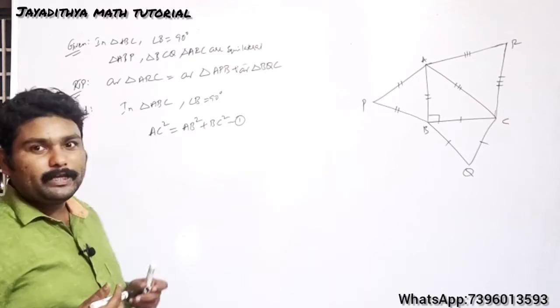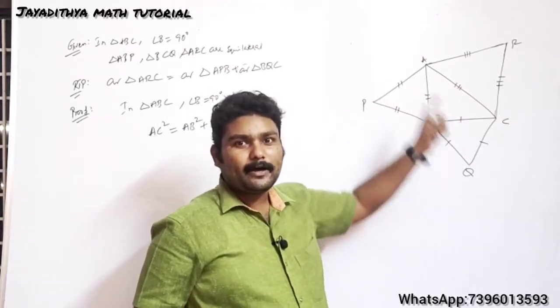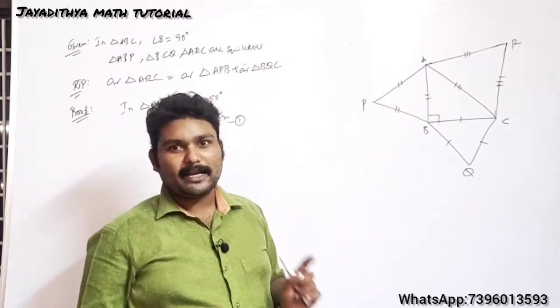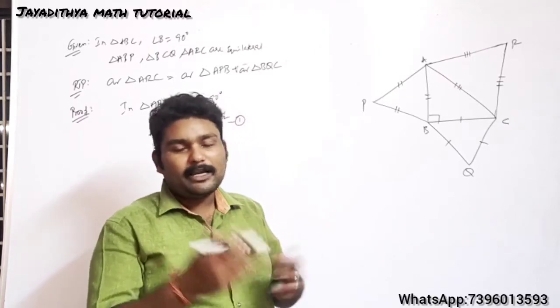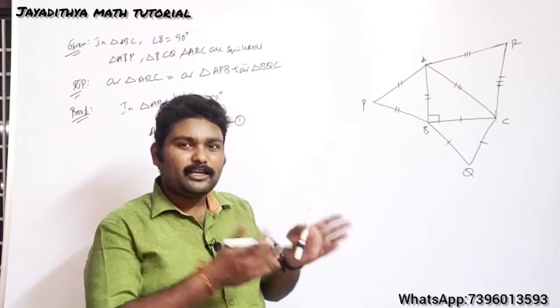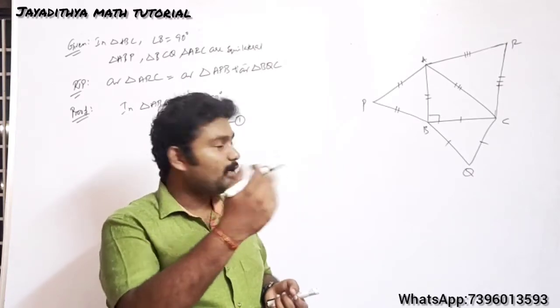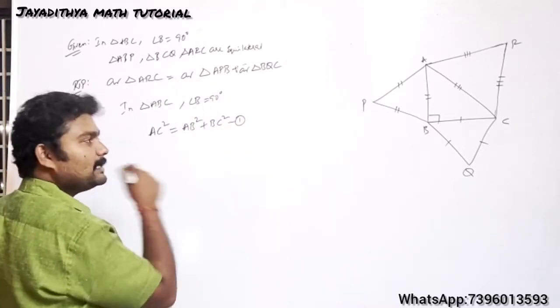Okay. Now what we need to do here means, we know that all these triangles are equilateral triangles. You know that all the equilateral triangles will be similar, right? So if two triangles are similar, as we have discussed in our previous problem, the ratio of areas of two similar triangles will be equals to the square of the ratio of their corresponding sides. So first let us write the similar triangle statement here.